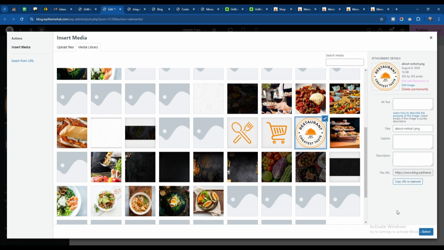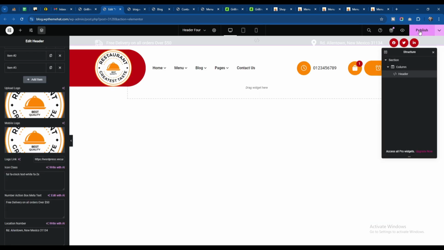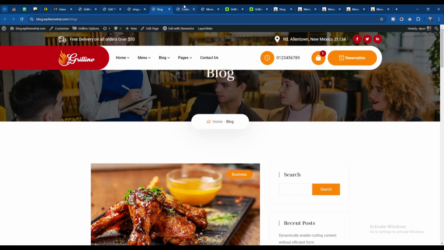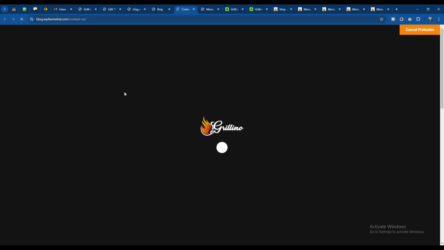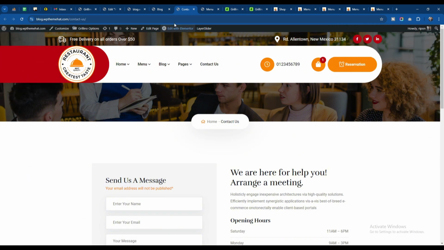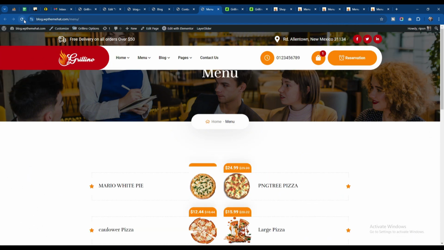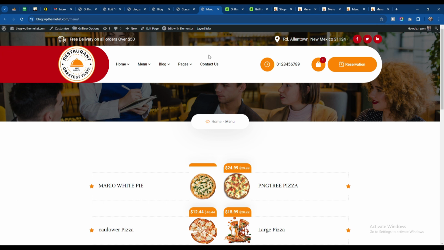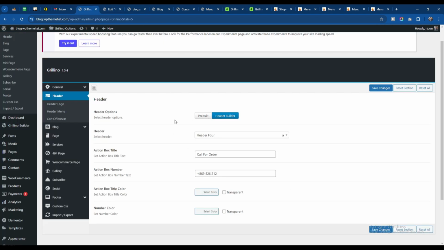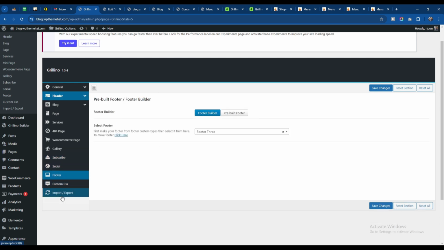So I'll change this to this one also, and click on the publish button and give the refresh, then you will see the changes here for the logo. So this is for the global header options. You can change the global header from here, and if I go to the footer area,